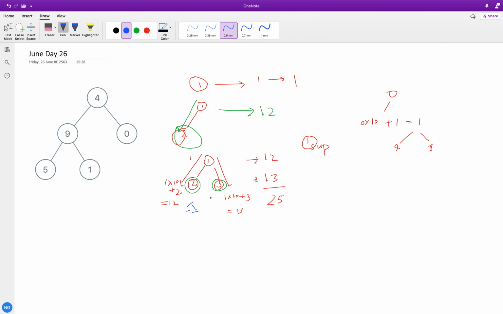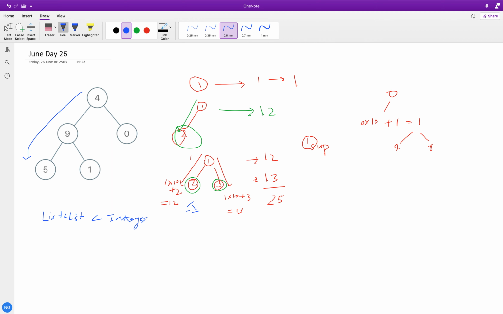So this is very simple. If you go with depth first search, we can implement it easily. Another way to think of it is the brute force approach: get all the root to leaf paths first and store them in a list of lists of integers, which is very costly.